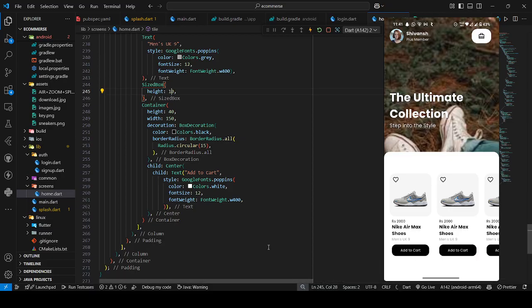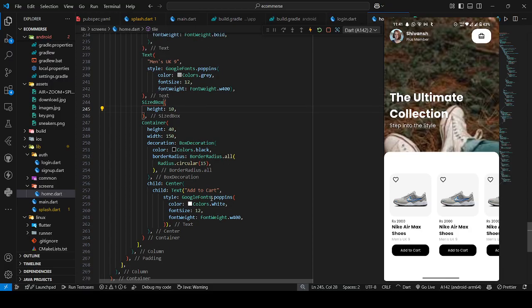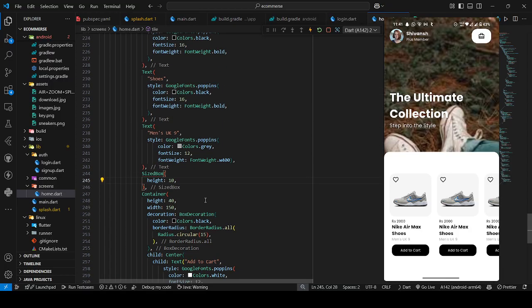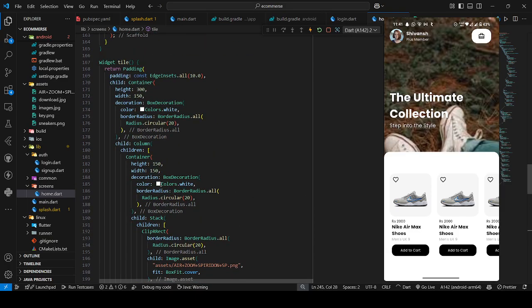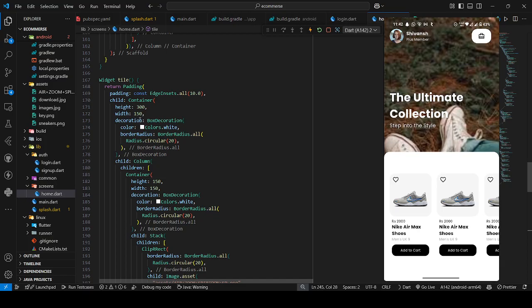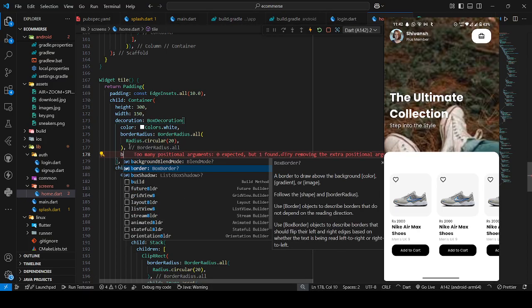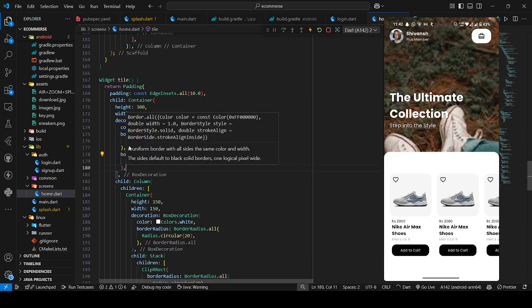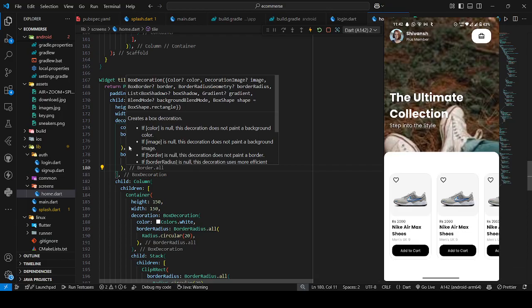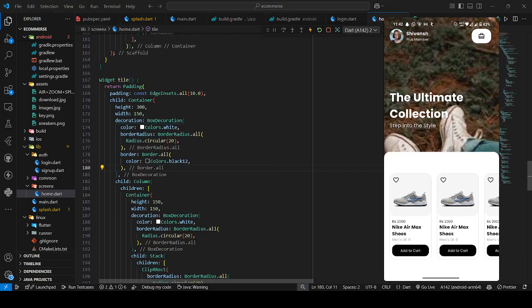And another thing we can do is give a little border to all of the tile which we are using. So in the decoration only, we'll be giving border all of black. So now it looks really fantastic with all the details, but I think we should